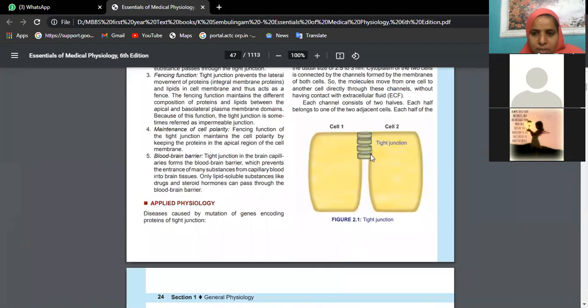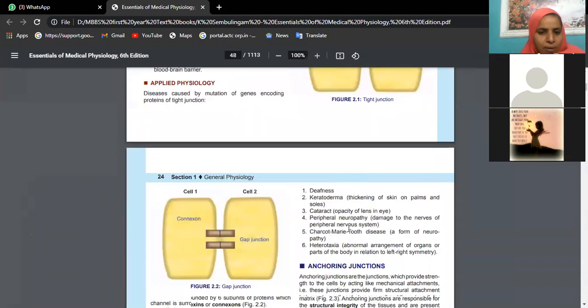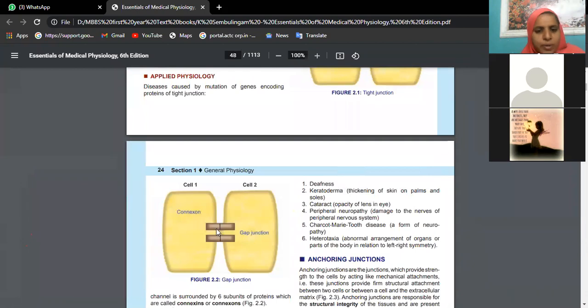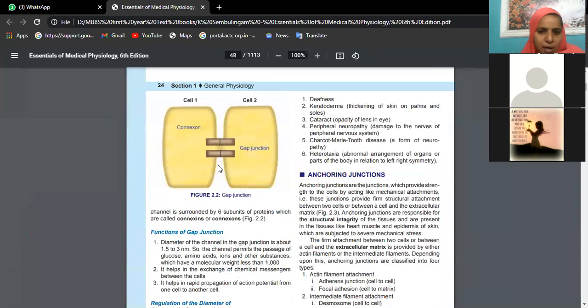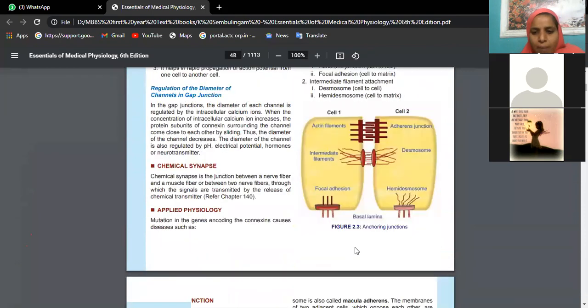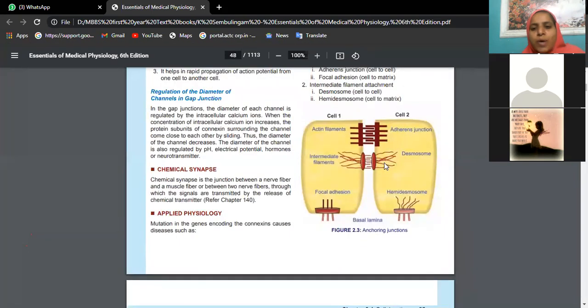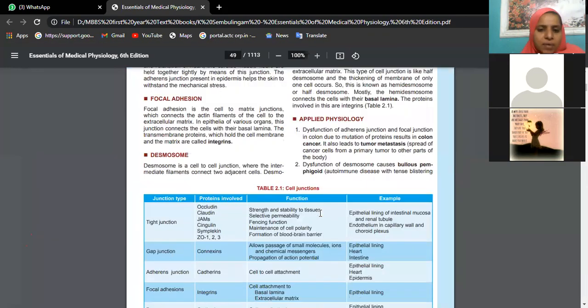So you see tight junctions which are shown here. You can draw this cell 1 and cell 2, and between them you have some junctions like this. Okay, gap junctions also you can draw. They are not continuous. Here these are tight junctions, whereas there are certain breaks in the junctions. You call them gap junctions. Apart from that, we have anchoring junctions also, attaching. So under anchoring junctions, we have desmosomes, intermediate filaments, actin filaments, adherens junctions, okay, hemidesmosomes, focal adhesions. All these are different types, better.